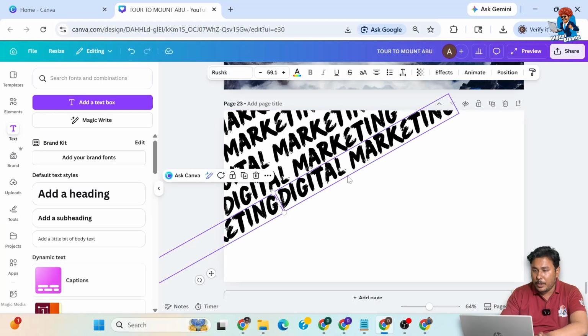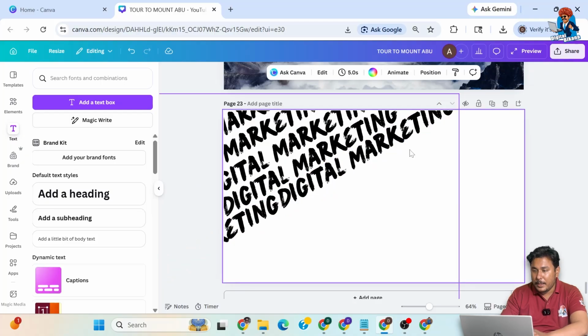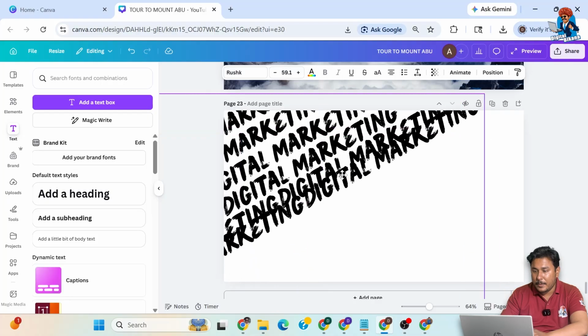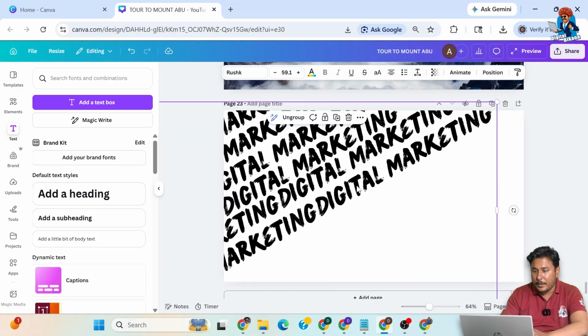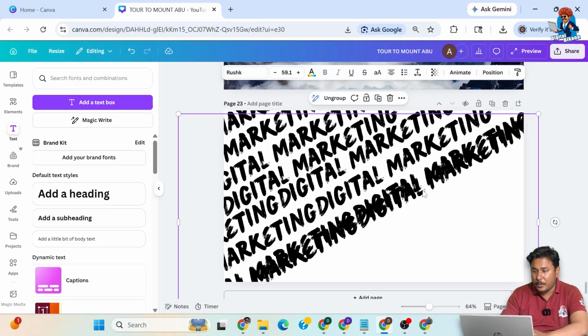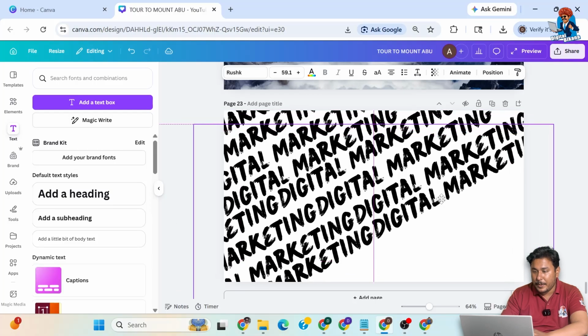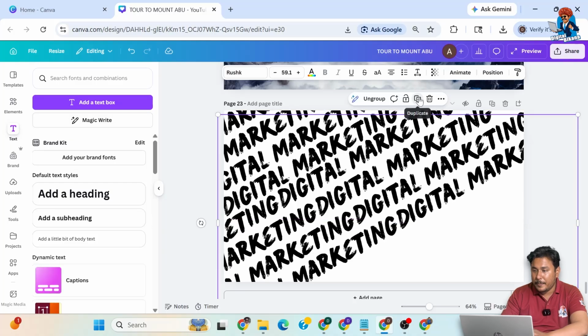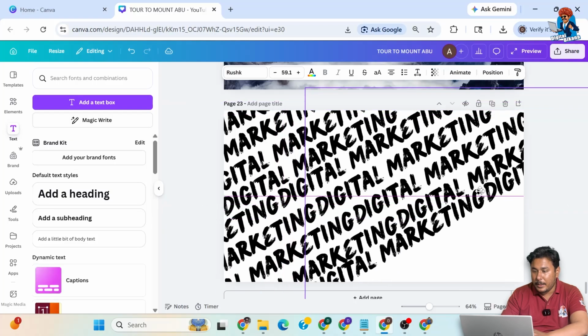And then we are going to group both of them and then simply duplicate it, right? Then again duplicate them, right, as per our requirement. Then again,